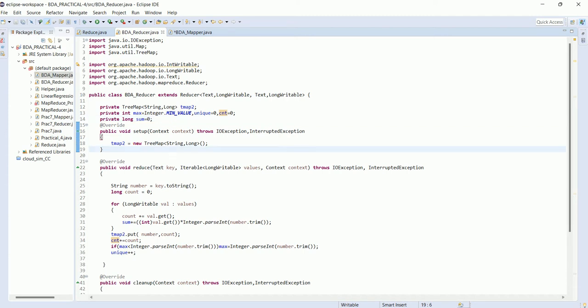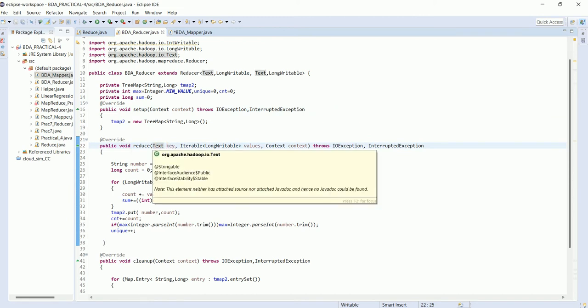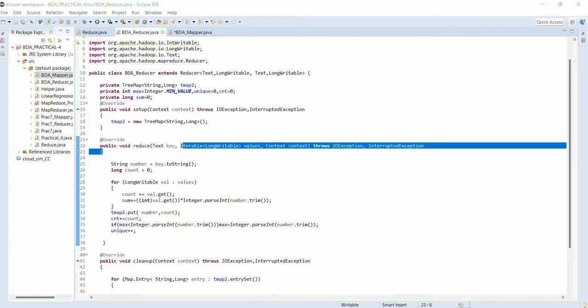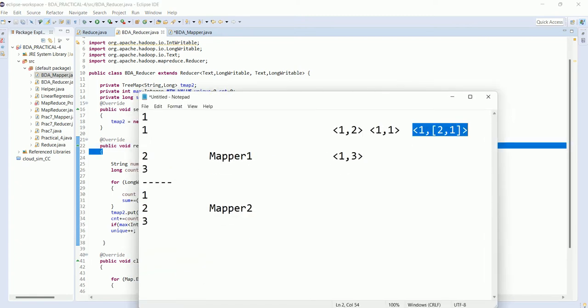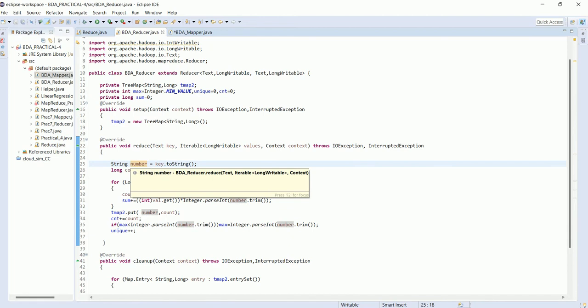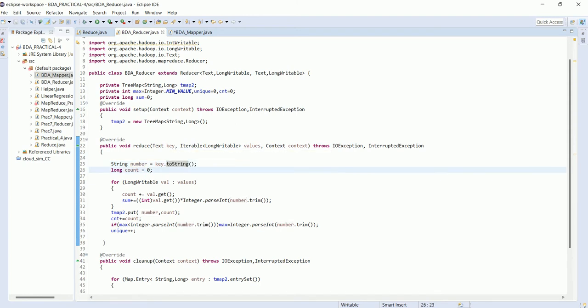After I set up this tree map, I override this reduce method, which takes the input key and iterable long writable. So the input is something like this, and then the context. Firstly, the number is key dot to string, so we convert the text to string, and the count is initially 0. This count counts the number of occurrences of the particular key, meaning the number.